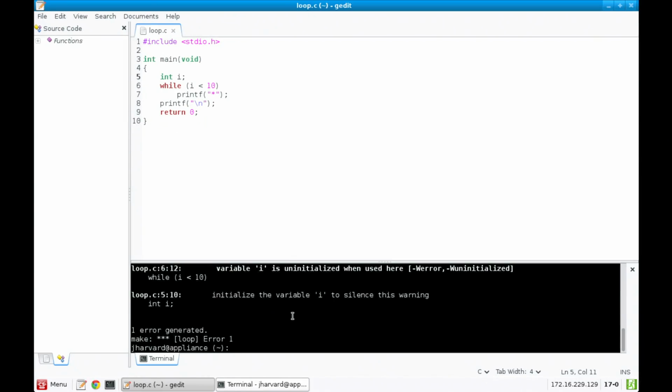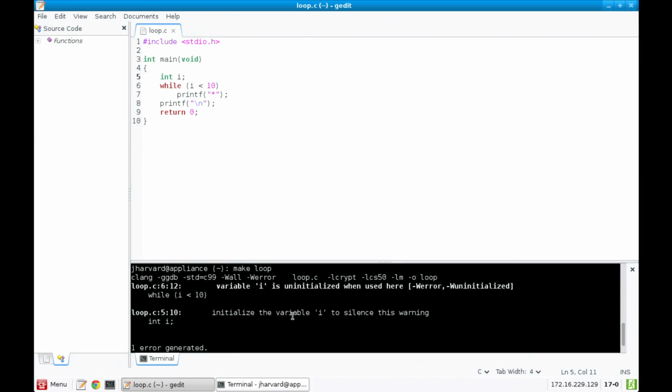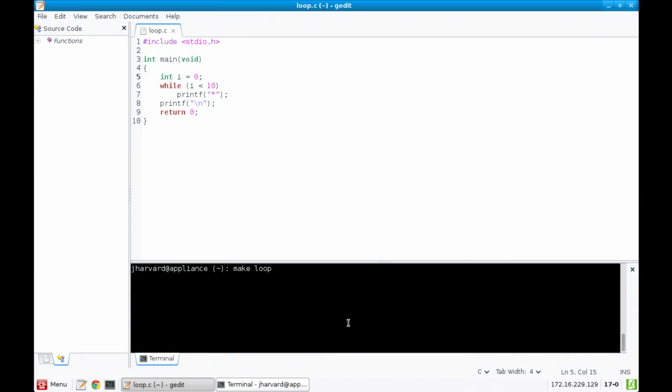All right, now it's just complaining for a different reason. Variable I is uninitialized when used here. All right, so that's pretty explicit. Initialize just means setting it equal to a value, and we've not done that. So let me try equals 0. Now let's try this again and rerun Clang. Compiled this time, and I'm about to run it, but